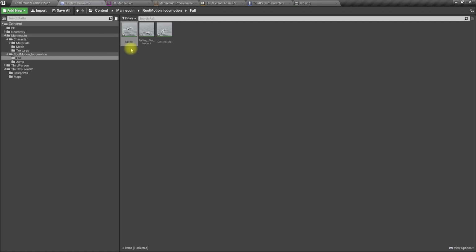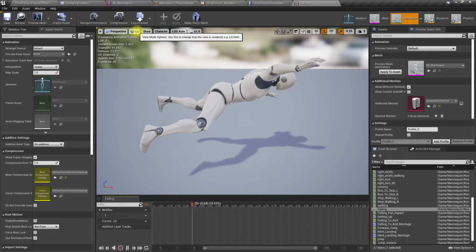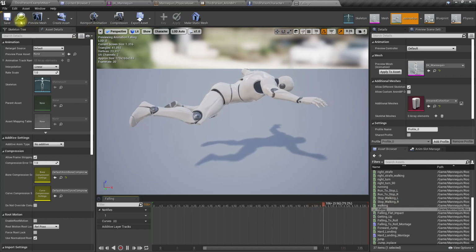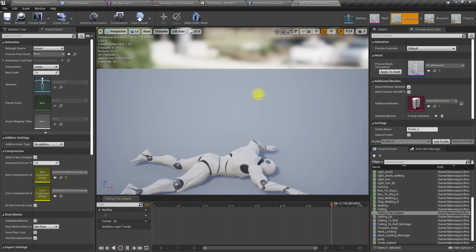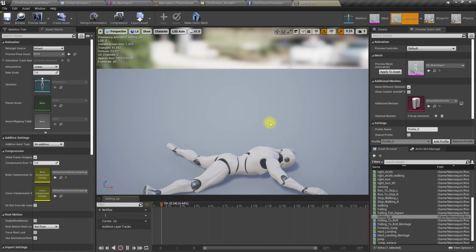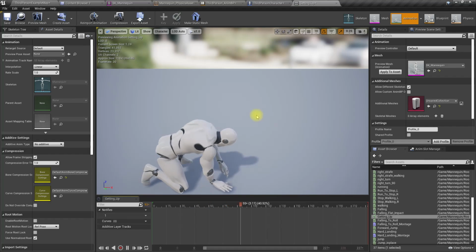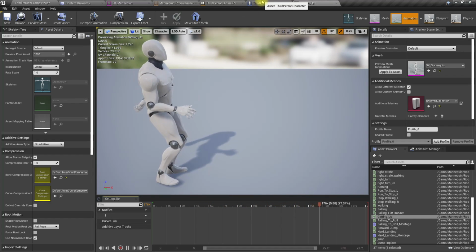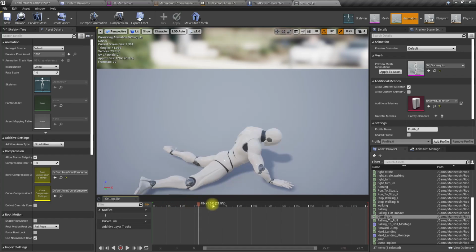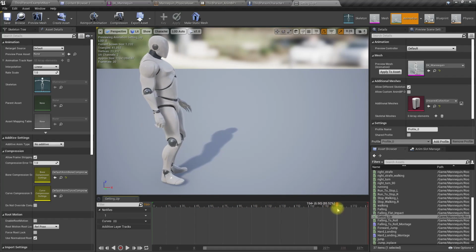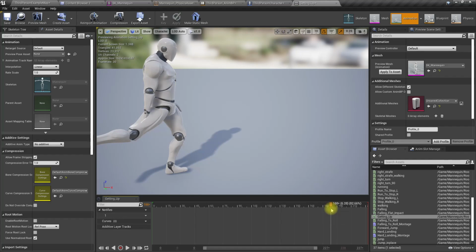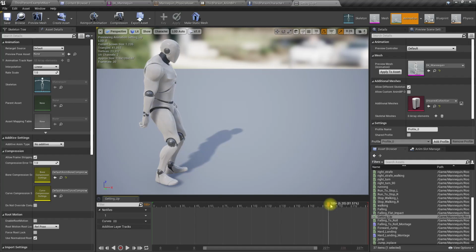Alright, so I have imported these animations, this fall in, this fall flat impact, and this get up animation. So let's put these animations into our falling system and see how it works. Oh, there is an issue in the leg, I notice. I'm not sure what happens there. Maybe we should stop the animation here. Let's fix that later. First, let's set up these animations.